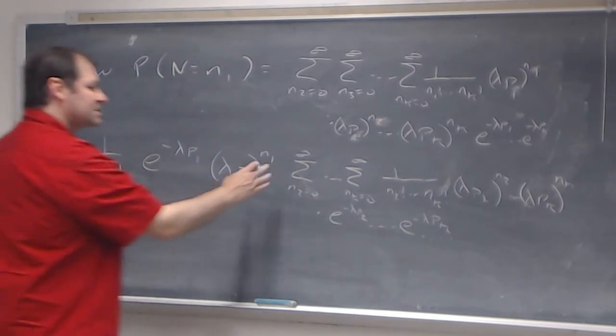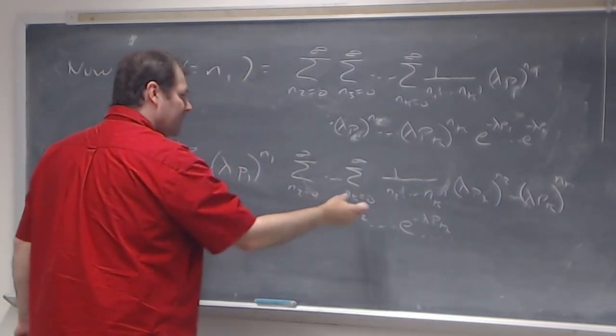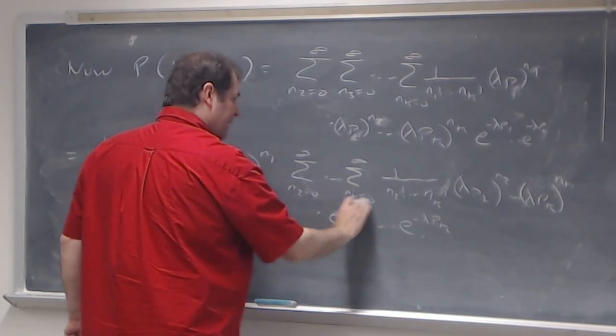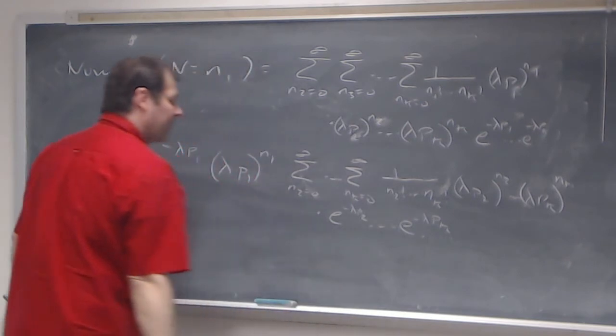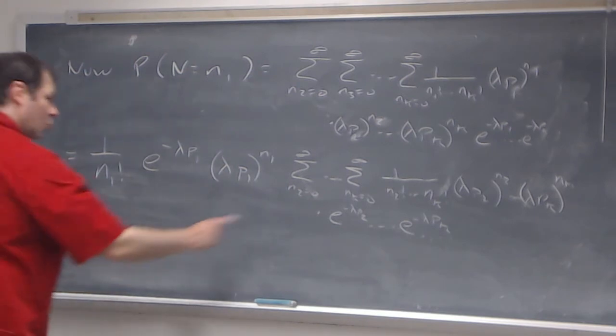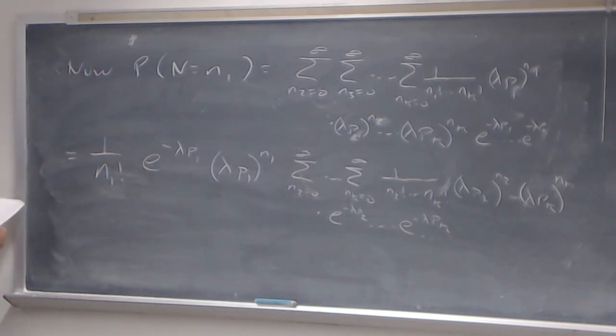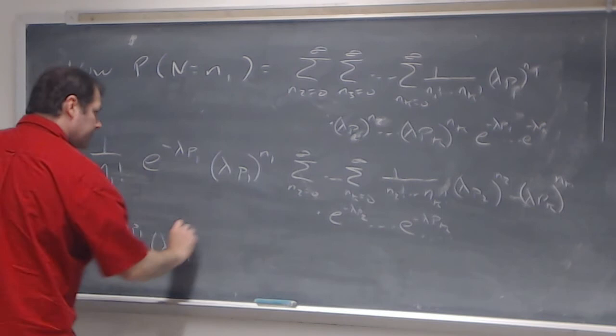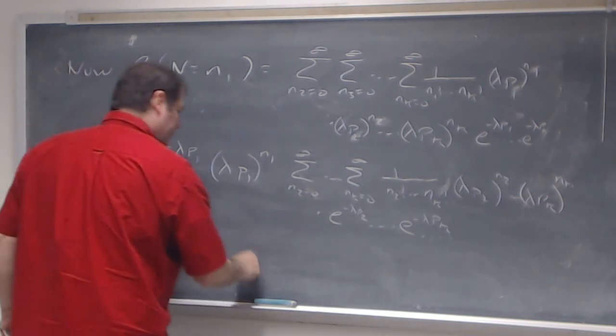Now look, this sum can be broken up by pulling out constants with respect to each one of the summations here. And what you're going to get is a sum of the PMFs for Poisson distributed random variables, and you're just going to end up getting 1 for all of this. Okay? So if you will, I'll write it down as 1 over n sub 1 factorial e to the minus lambda p sub 1, lambda p sub 1 to the n sub 1, and then you're going to get eventually